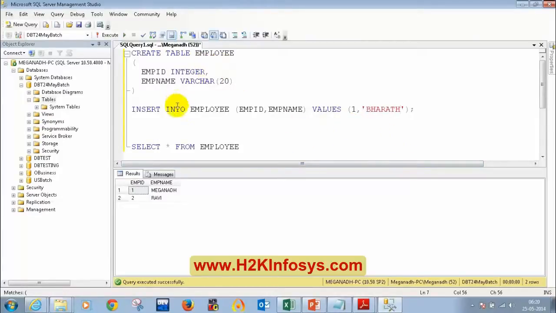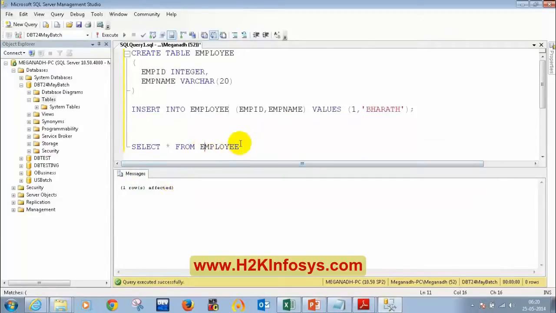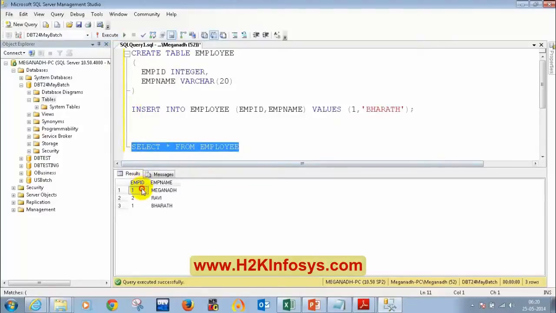I am trying to insert employee ID 1 and Bharat, but if you see in the table, I already have employee ID 1 for Meghnad. If I execute this, it will not throw any error. It has inserted, but I don't want this to happen, because if I try select star from employee, I can see two employees with the same employee ID. So I don't want this to happen.